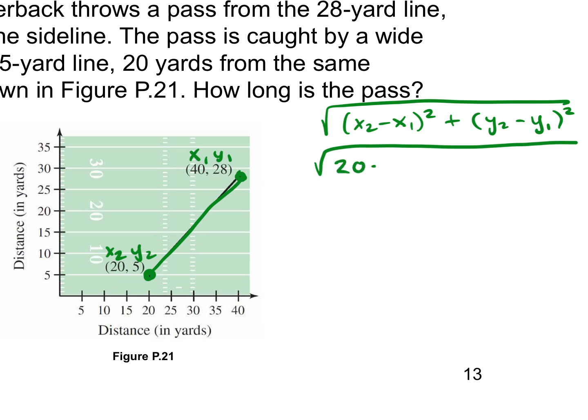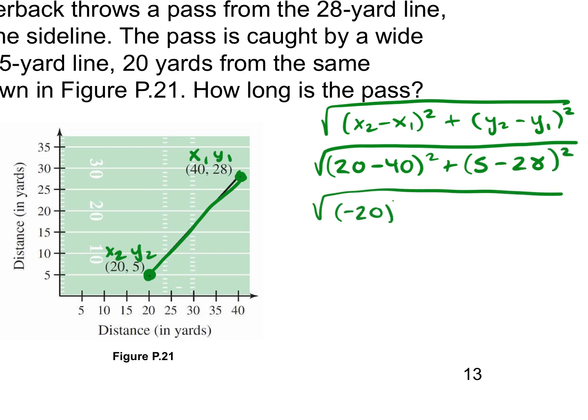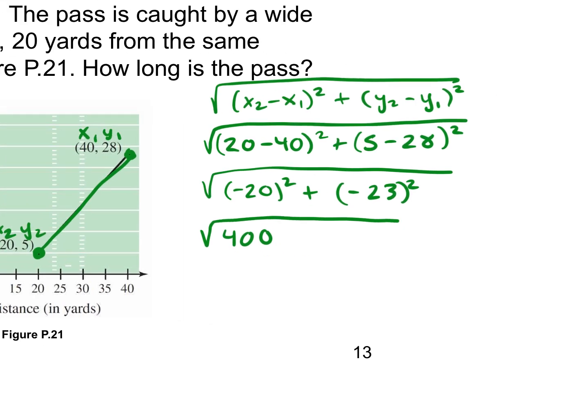So 20 minus 40 squared plus y2 is 5 minus 28 squared. 20 minus 40 would be negative 20 squared, and 5 minus 28 would be negative 23 squared. So negative 20 squared would be 400. And 23 squared,